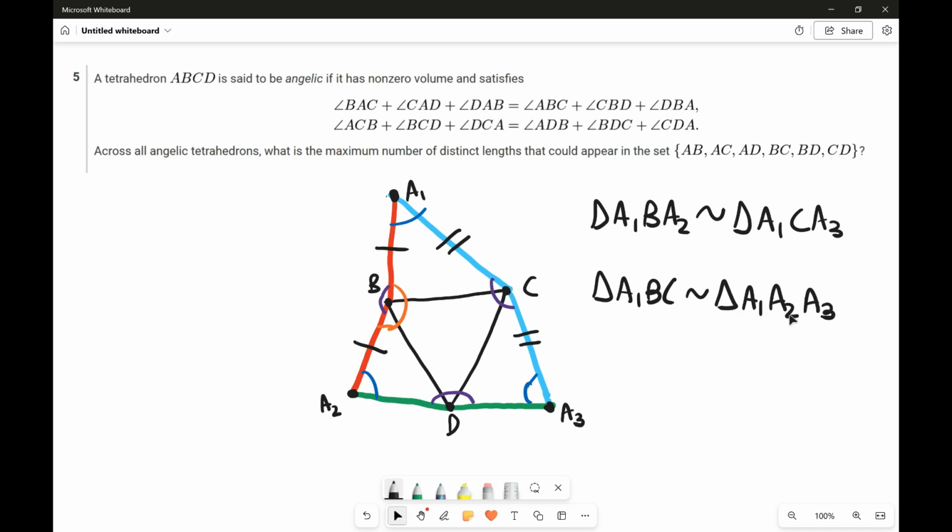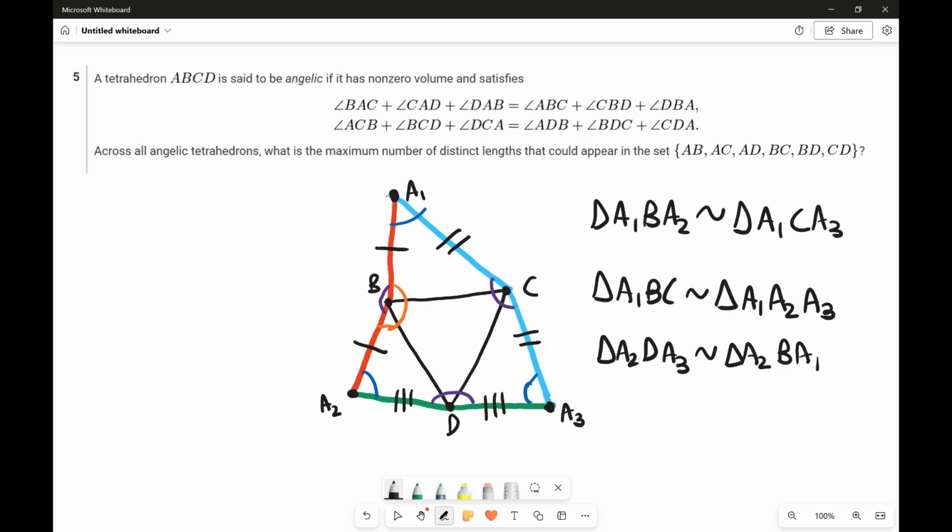Now, A1 A2 A3 is a pretty symmetric triangle as it does not involve any of BCD. But A1BC does not involve D at all. So we could try applying it on the other 2 points A2 and A3. So let's try it. If you apply the same process on A2, we have that these two lengths are also equal. So by a similar argument, since these angles are equal, we have triangle A2DA3 is similar to triangle